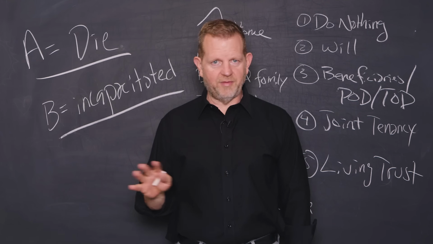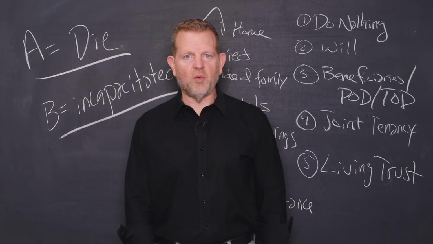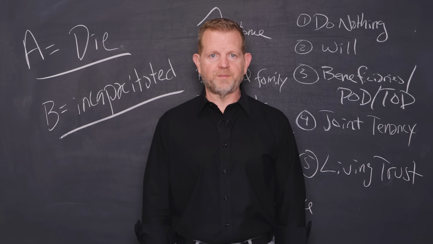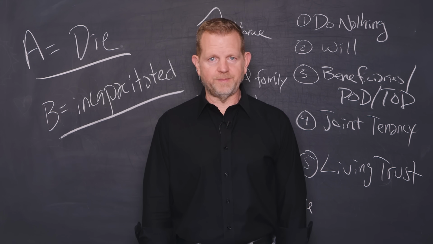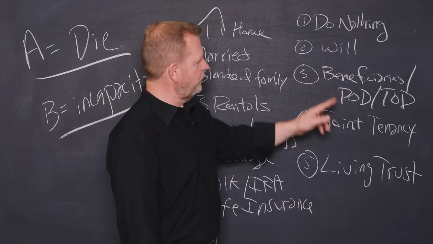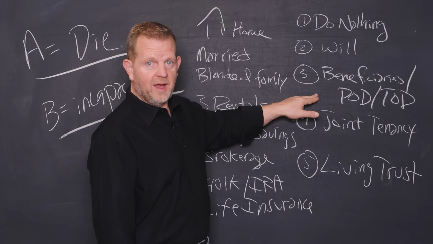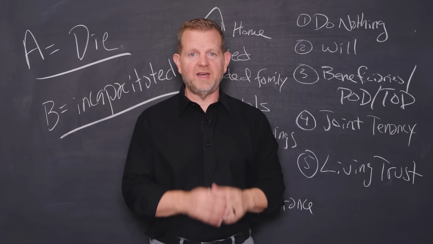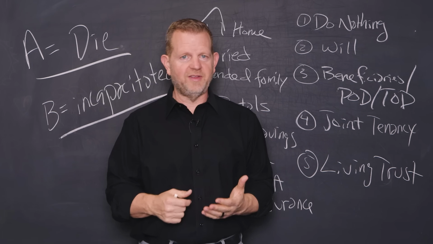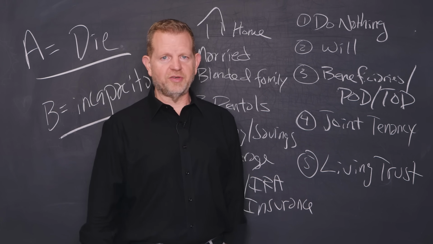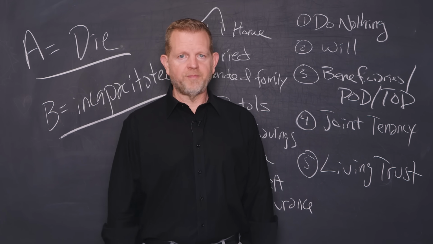Let me just do kind of an investor translation. A will helps with who will get it. It doesn't help with who can run it tomorrow morning if needed. Now let's do scenario 3. I have beneficiaries on everything. I have paid on death. I have a transfer on death strategy. And this is very popular for the do-it-yourself crowd. Like, it's just going to go there.